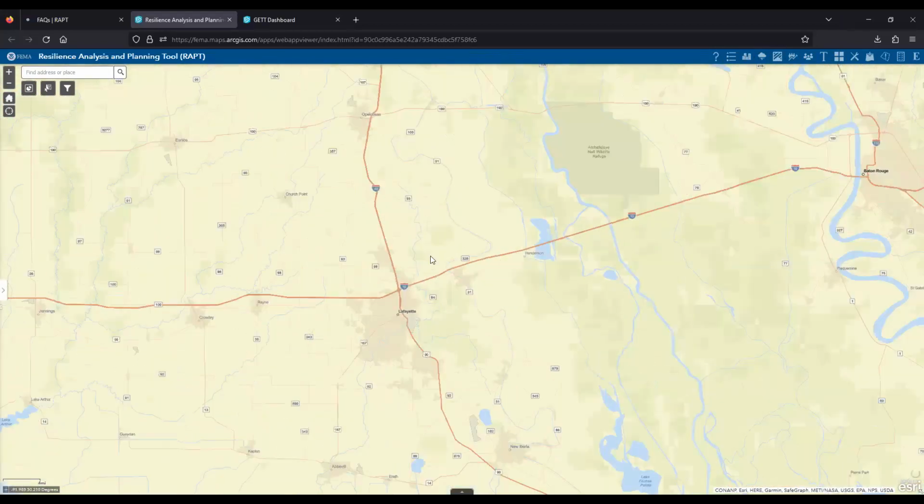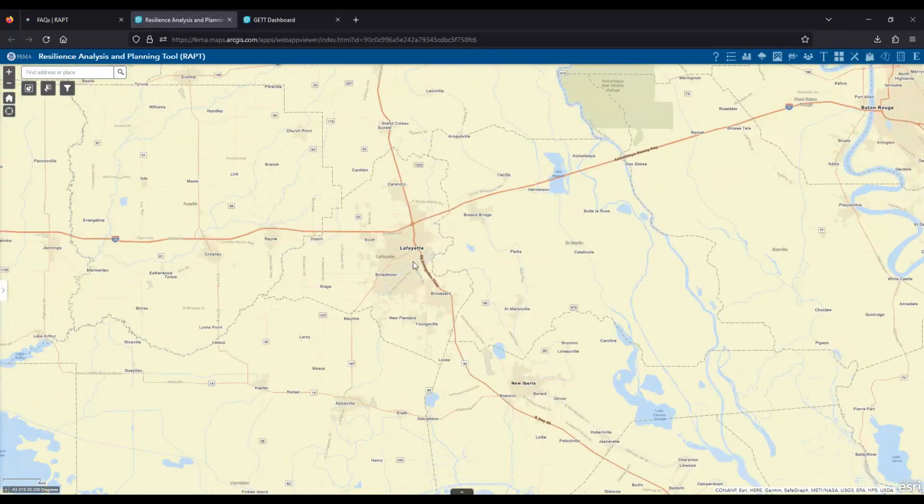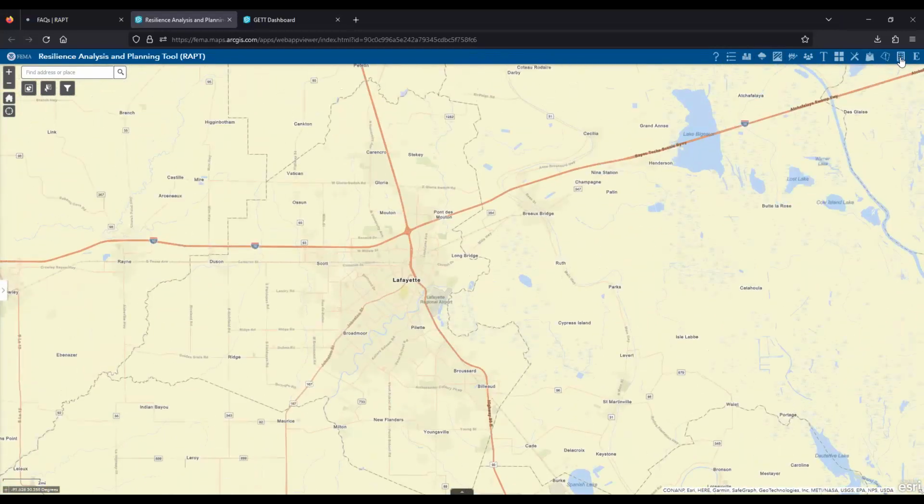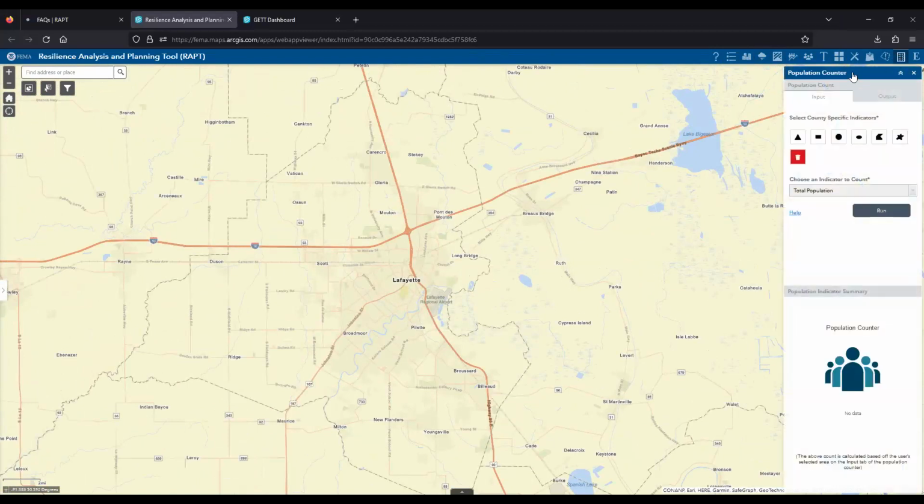So let's say we're looking at Lafayette, and I want to learn a little bit more about the population in Lafayette. I can go to our population counter, and let's say I'm looking at West Lafayette. You can basically select an area you want to look at, and I say, okay, this is where I want to look, and I want you to tell me the total population.